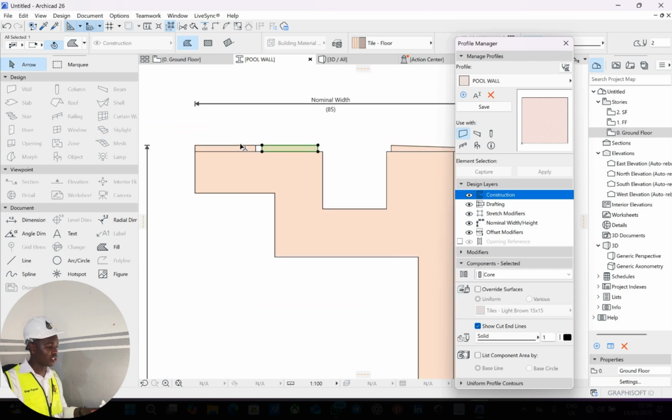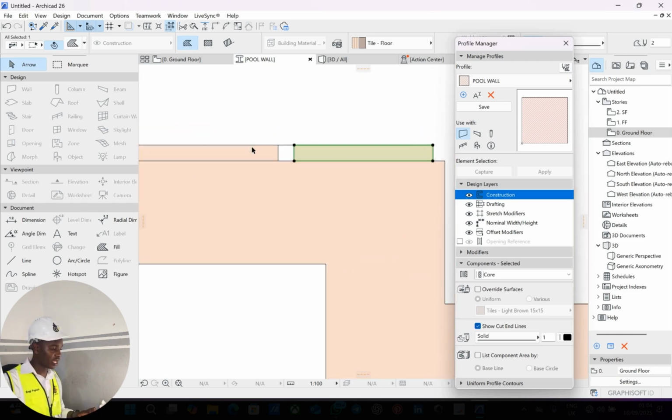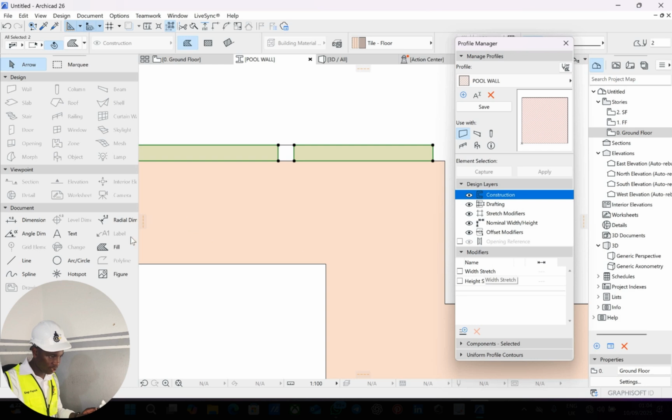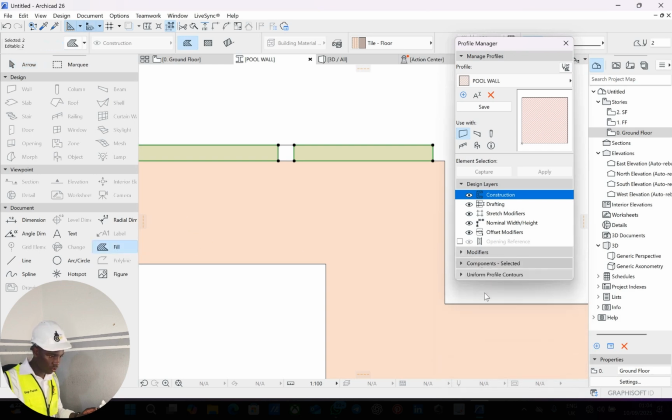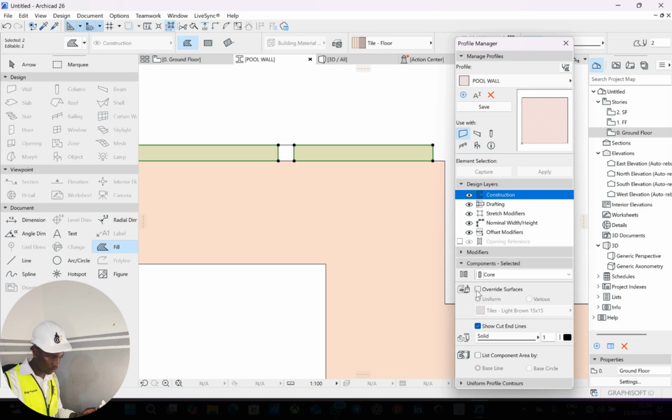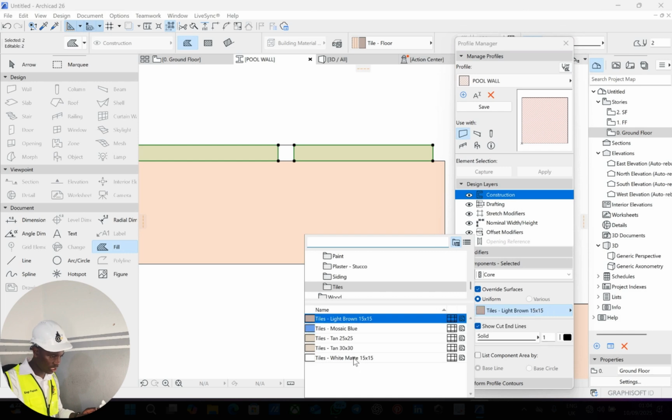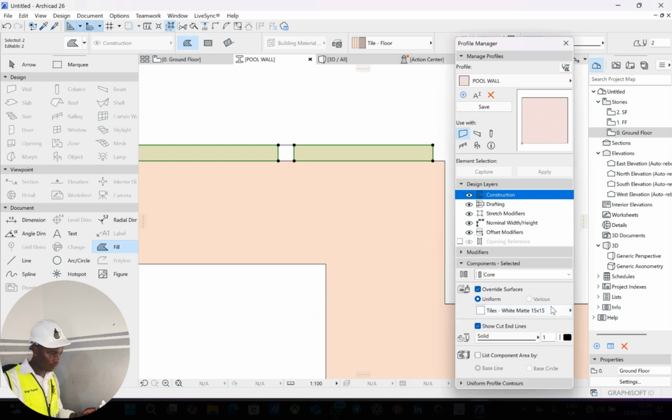So we are going to start with these two small ones which are of the same kind of tile. We are going to put white mate tiles. Highlight both of them, go under modify, and click on cover fill. Highlight override surfaces, go and change the tile, and put the white mate. Then when it's done,